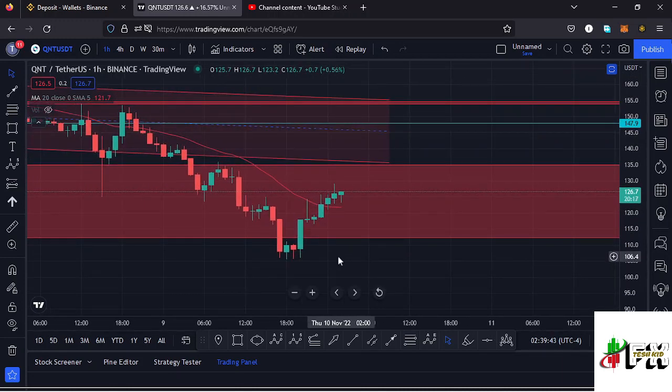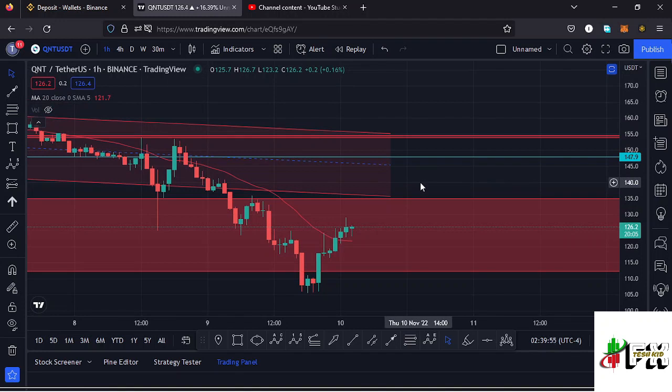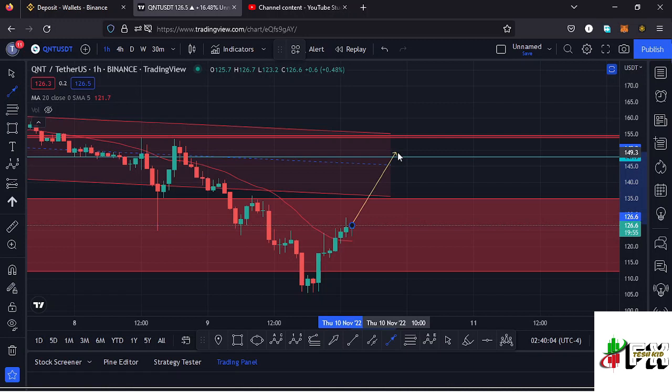And here on the 1 hour chart, you can see we are also trading above the 20-day MA, which is an indication that the 20-day MA is giving us support, and there is a possibility that Quant might continue pushing higher once more, to get back to around the $147.9 mark. That is my first target area to the upper side, where we'll be facing a key area of resistance at around the $147 mark,